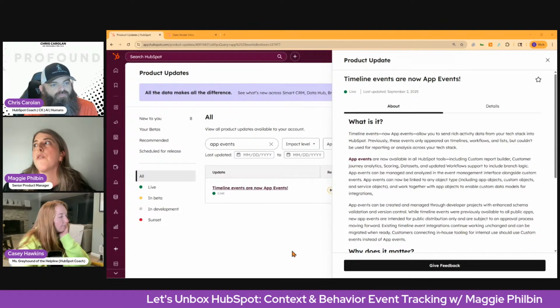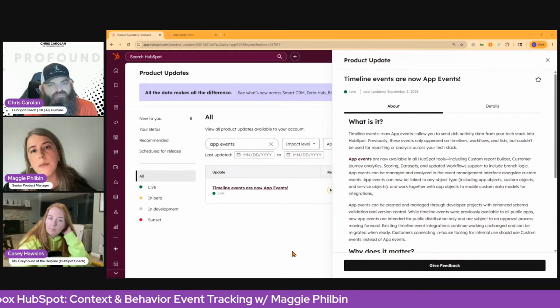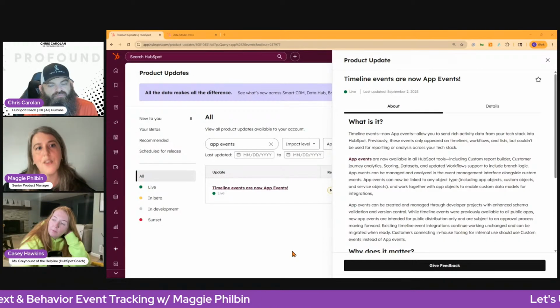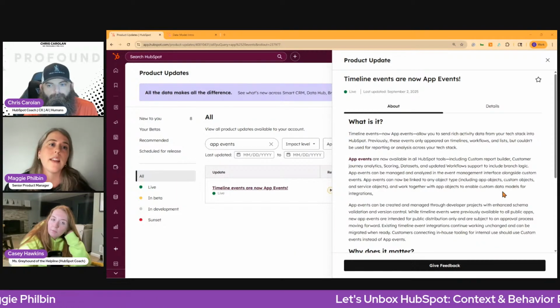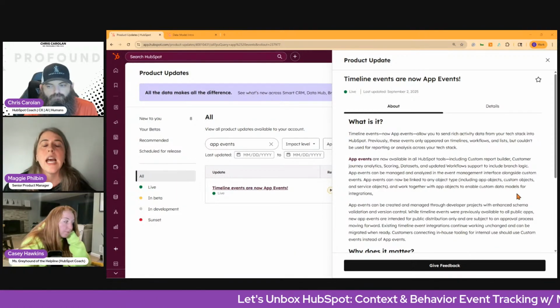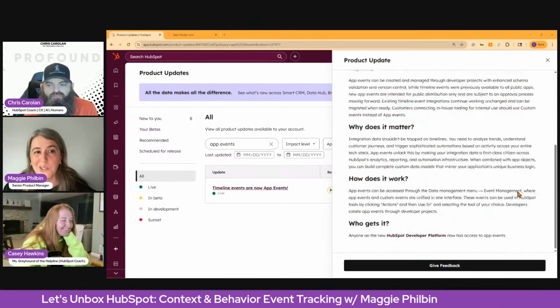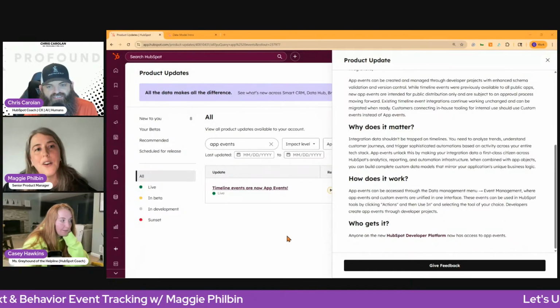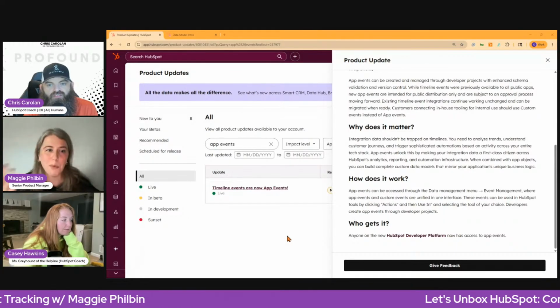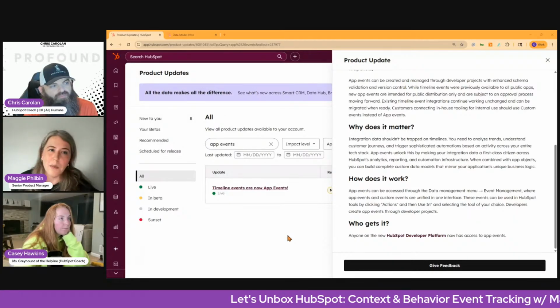These days, when folks are connecting tools from across their tech stack to their CRM, they're expecting them to actually be deeply embedded. They're expecting to be able to use that data across HubSpot in the same way they can use data that's found inside of HubSpot. So what this announcement actually is, it made many hundreds of integrations instantly a lot more useful. Previously, these little timeline events were pretty much only visible on the timeline. Now they're everywhere that a custom event could be used.